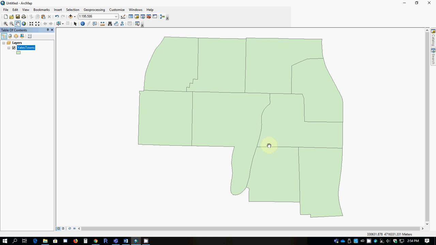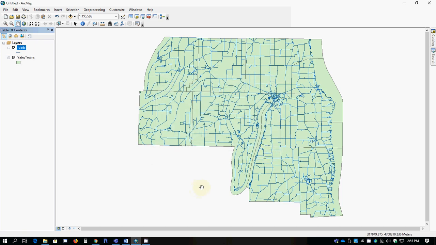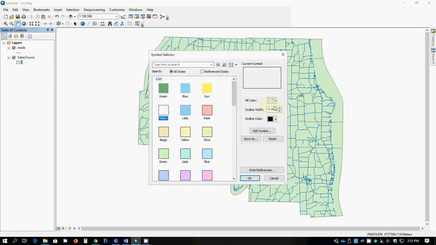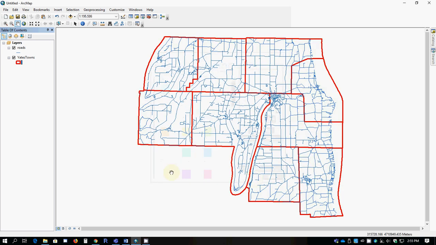I can add the towns of Yates County, and I can also add the roads of Yates County. As such, it becomes hard to see the boundaries and the extent of each of the towns now. So I am going to symbolize with red borders and triple thickness. And now we can see there are 9 towns in Yates, and each of them has their own road